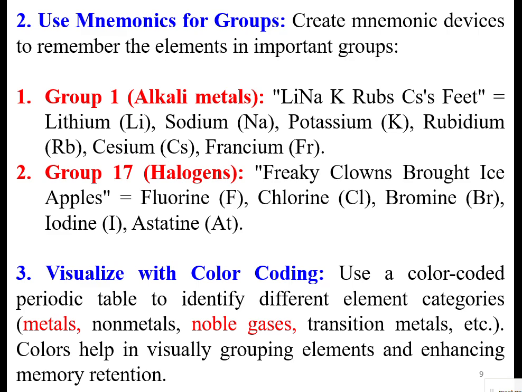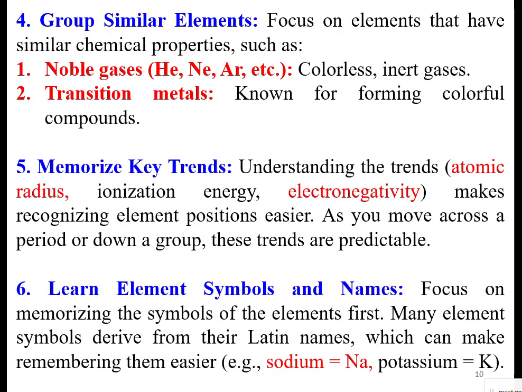Then visualize the color coding. We use color coding in the periodic table so that we can easily identify the different element categories, like which are metals, which elements are non-metals, and which are the noble gases. Noble gases are also called inert gases, transition metals, etc. Colors help in visually grouping elements and enhancing memory retention. Then group similar elements by chemical properties, such as noble gases like helium, neon, argon, etc. Those are colorless. Transition metals are known for